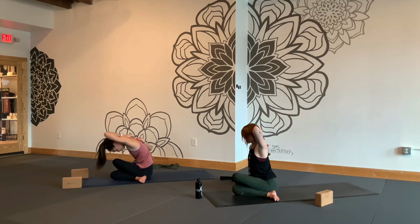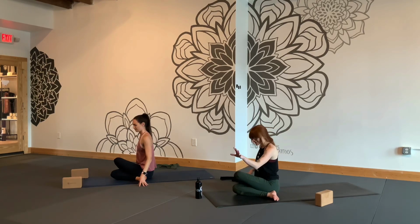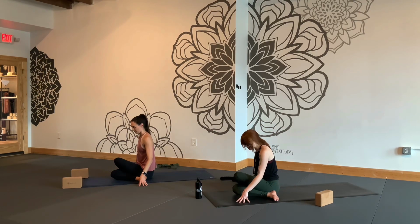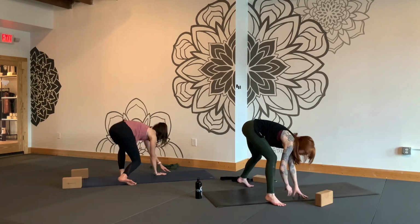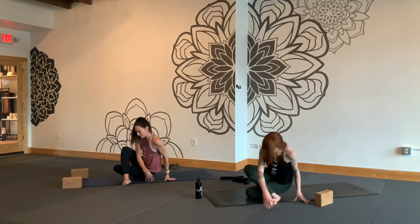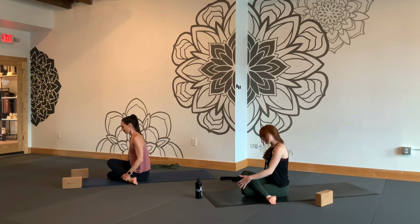Exhale back to seated. Releasing your hands down to the mat. You have two options. You can either just switch your legs, or you can plant your left hand in front of you, right hand behind you, press up onto your feet and spin around all the way in a circle until you land with your legs in the reverse direction. So again, we can take a block